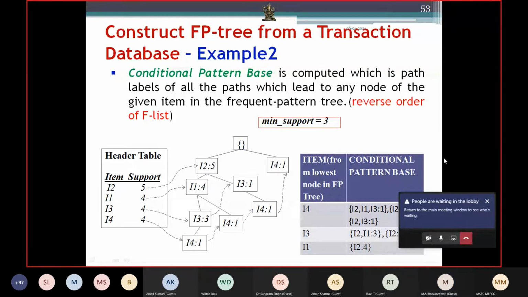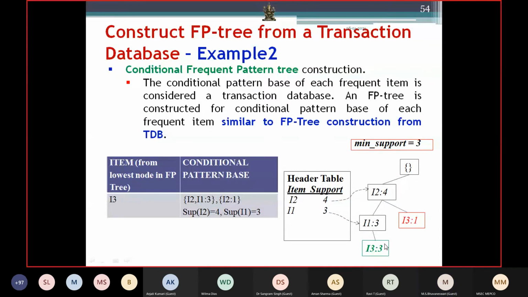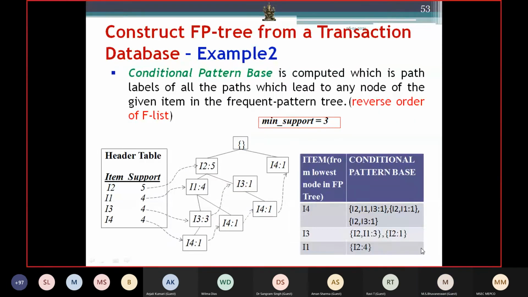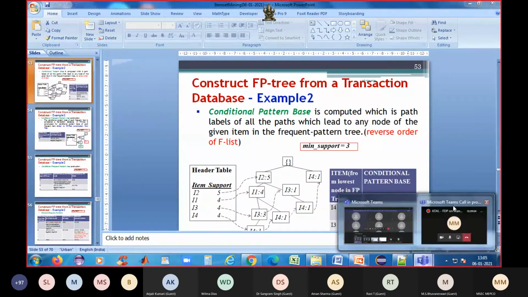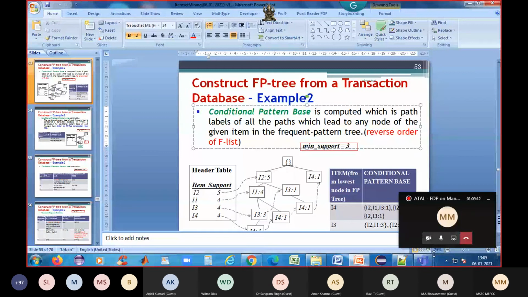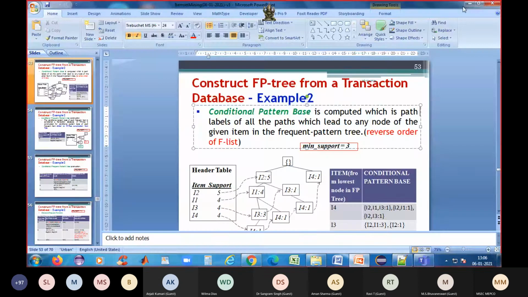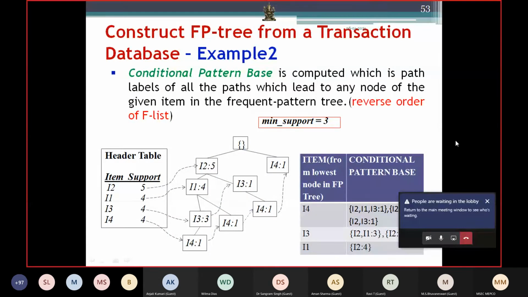Right? So the next one is, now what is the next way of reaching I4?